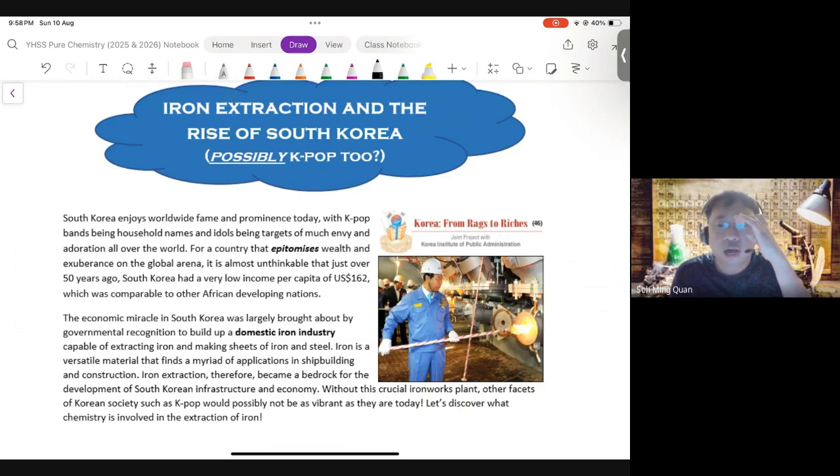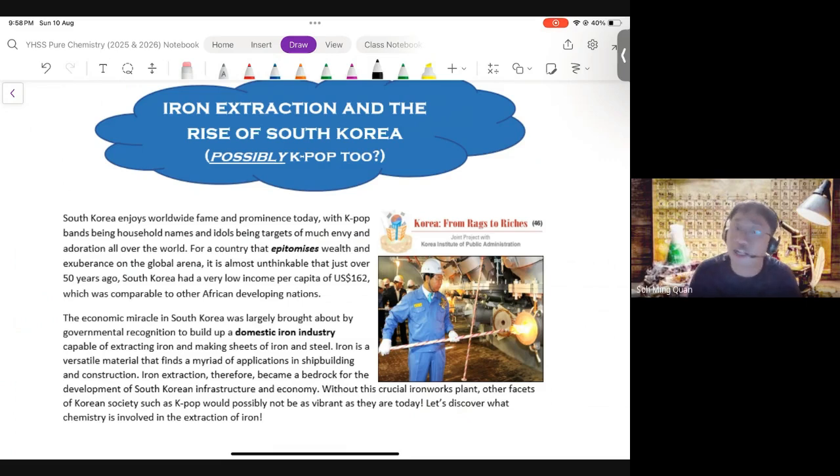Okay? So, how then did South Korea become so rich? Are they all doing farming and agriculture? Of course not. When you think of South Korea today, you think of K-pop. But besides that, you also think of Samsung, LG. These are big brands. In particular, Samsung. When you hear of Samsung, you think of phones, refrigerators, electrical appliances. Clearly, there must be a lot of research going on in electronics. And for that, you need metal. Where does this metal come from?